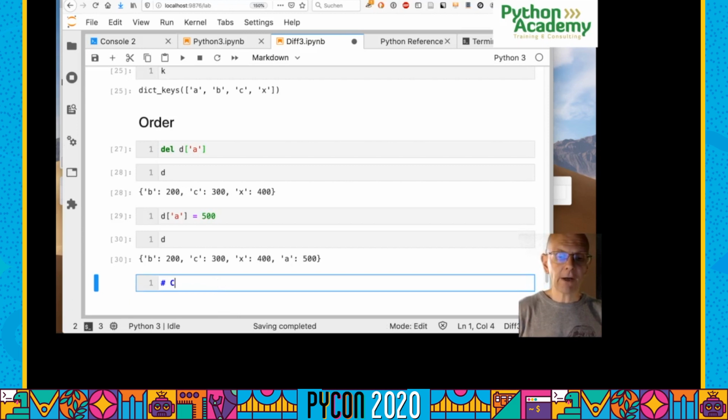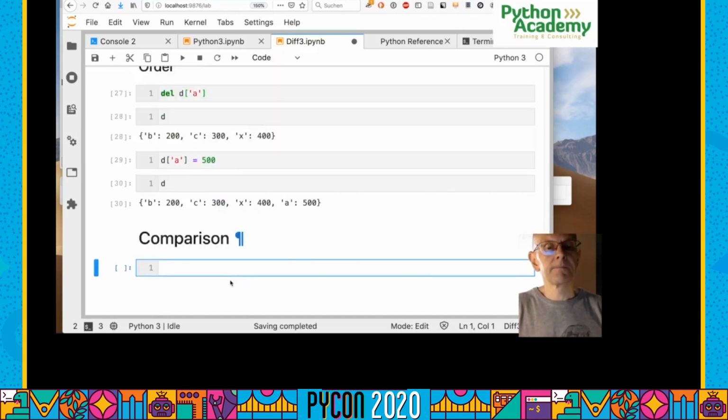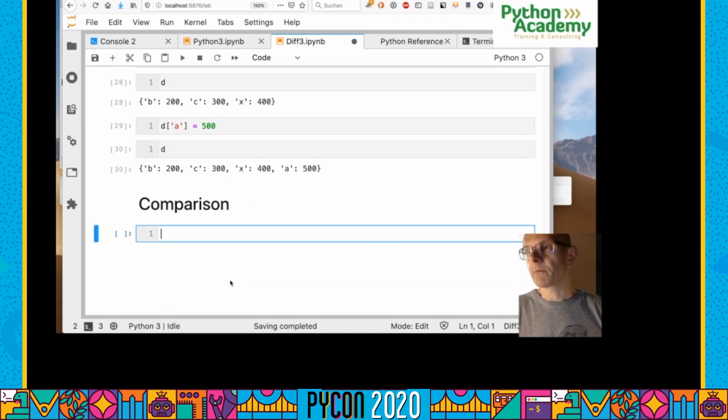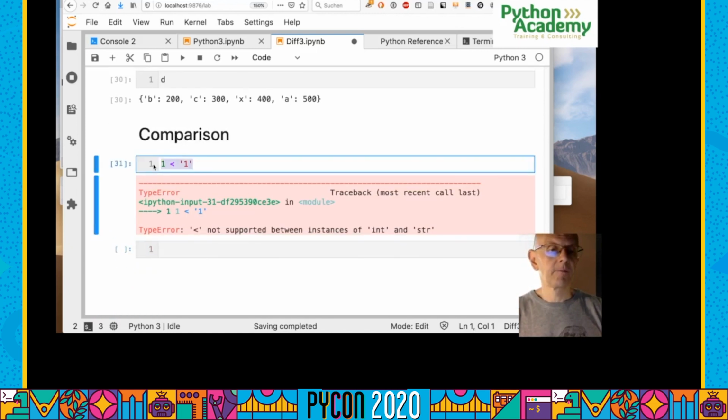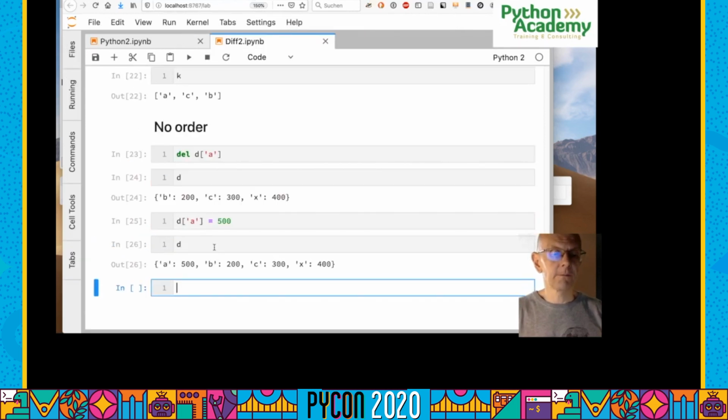Comparison. What you can compare. Comparisons. You can compare things, and then you see I try to compare something like this, and it doesn't work, and I do get an error message. If I do the same thing in Python 2,